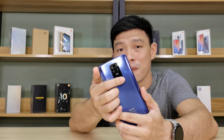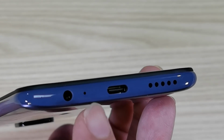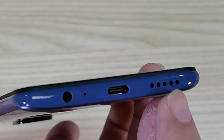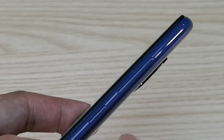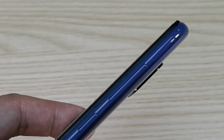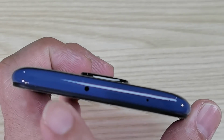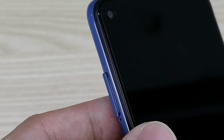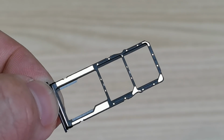Here is the fingerprint scanner. Let's take a quick look around the phone. We have down here the audio jack, microphone in, USB Type-C port, and of course your loudspeaker. Then at the side we have your usual power button and your volume rocker. On top we have the noise cancellation mic plus the IR. Then of course on the side we have the SIM ejector tray, which hosts 2 nano SIMs and 1 micro